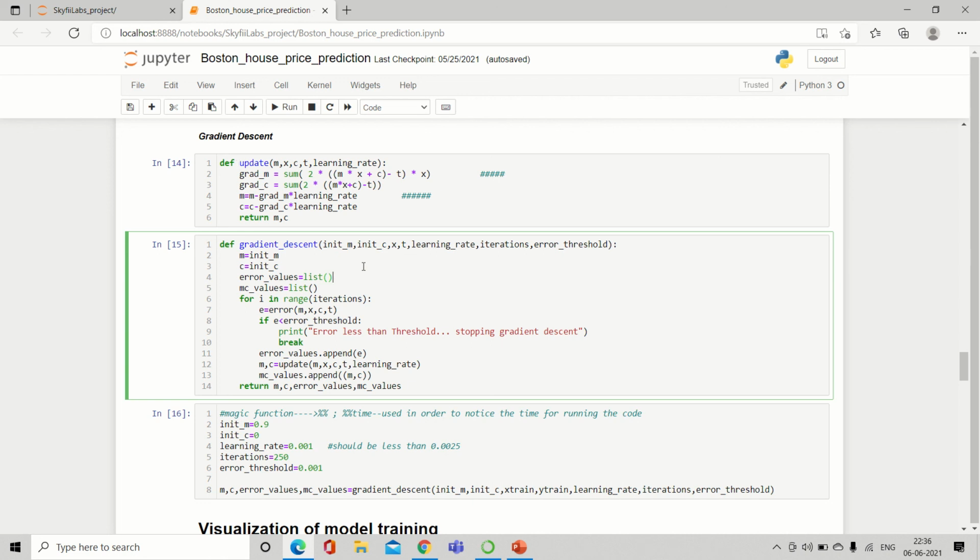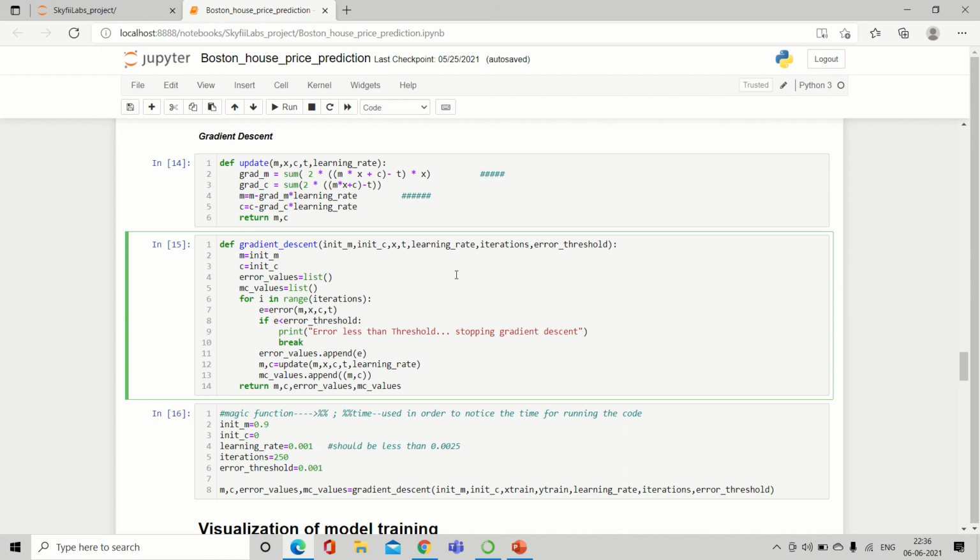And then we are going to have gradient descent. Gradient descent uses both error function and update function to arrive at the final m and c values where the predictions are pretty good. The parameters for gradient descent are init_m, init_c, x, t, learning rate, iterations, error threshold.